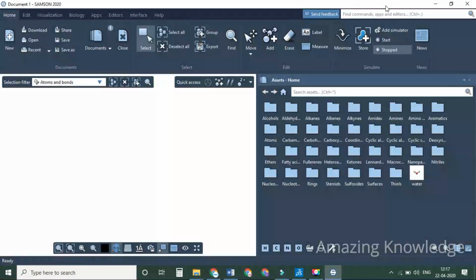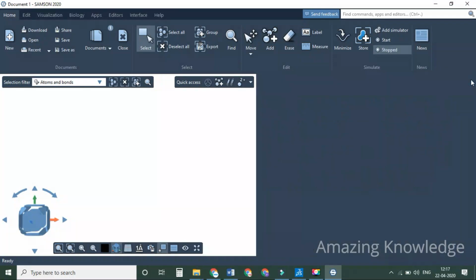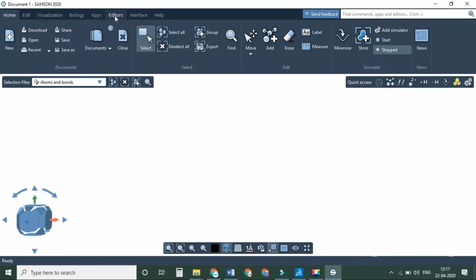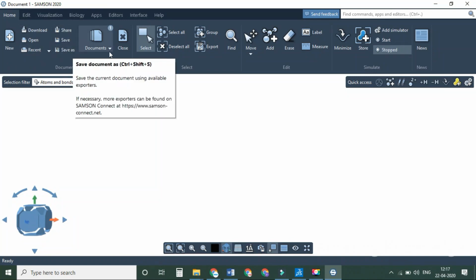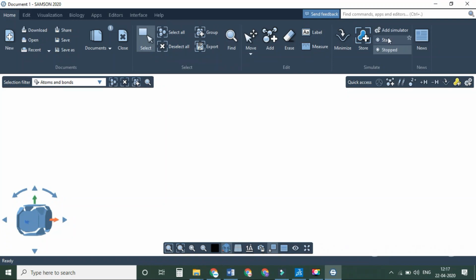Once you install and open the SAMSON software, the window appears like this. This is the asset tab. You can close this. In Home, all the regular user friendly buttons are available: download, open, share, save as, close. So you can learn it very easily.